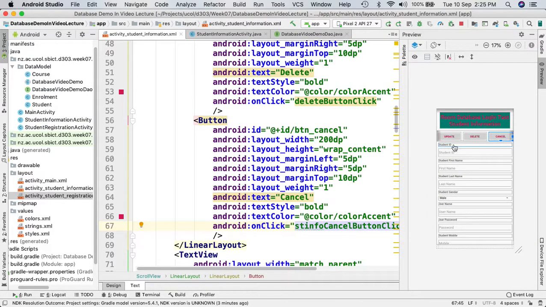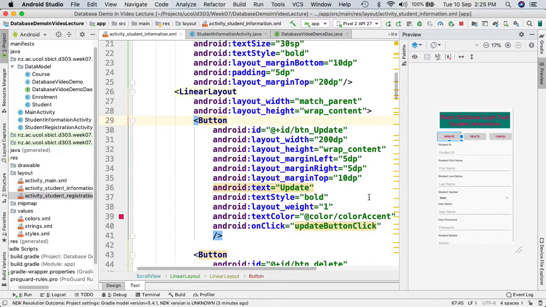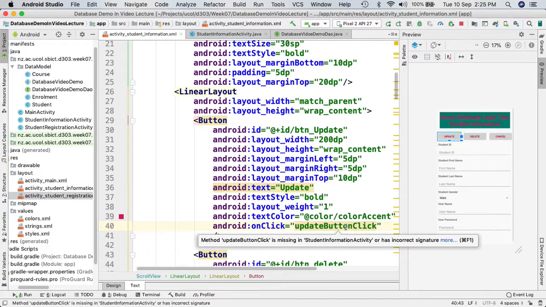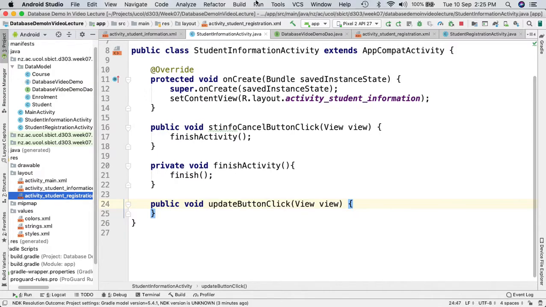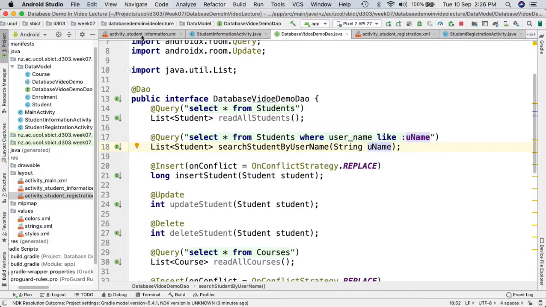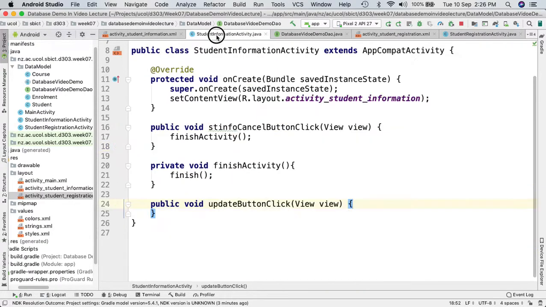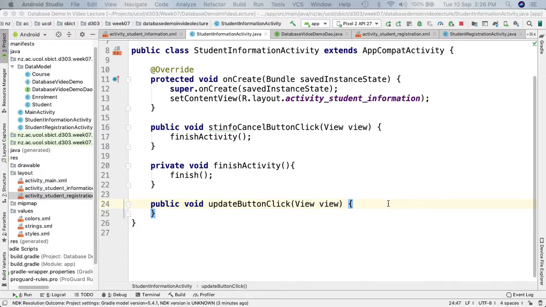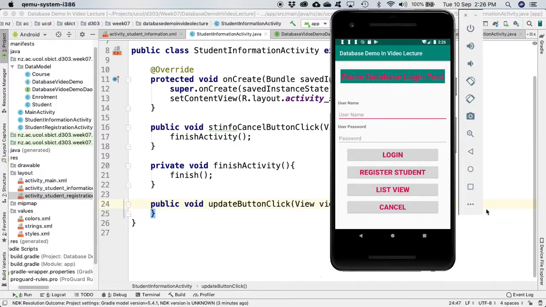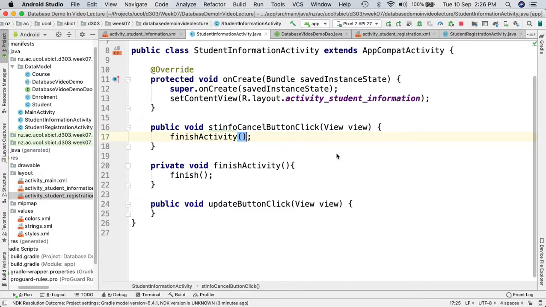So what else? We have that update. Okay, so let me update. So again, we have that alt enter, and then we create that one. But before we can have all those things, we need to do a few things here. We need to implement a few things inside the student information. The reason is that we have those edit texts, and when you select that specific edit text, so let me come back here, and maybe we can just try to